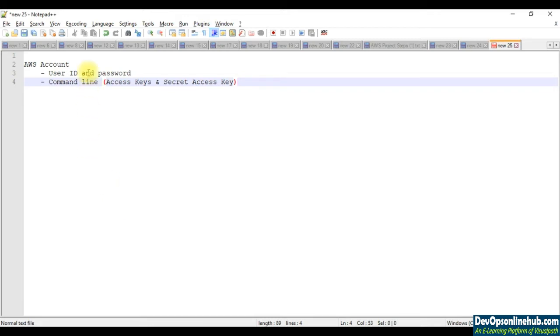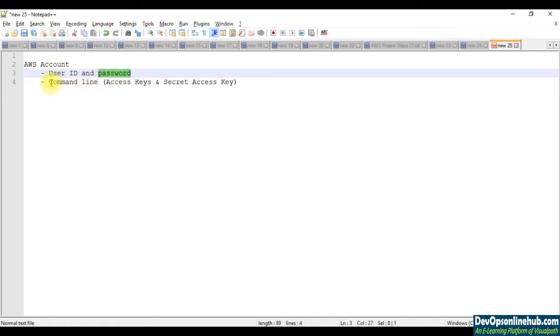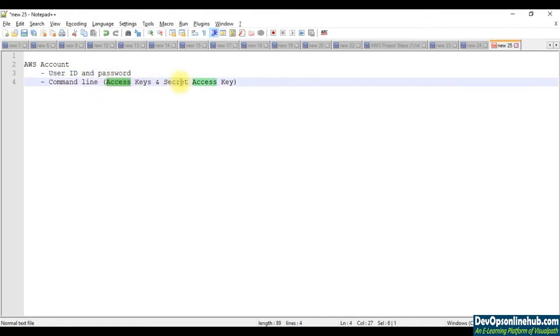Currently, while we logged in to our AWS account, it was using the user ID and the password. The other method that we use is via command line, where we need to provide the access key and the secret access key. By default, Amazon recommends that you should not enable this method for your root account.